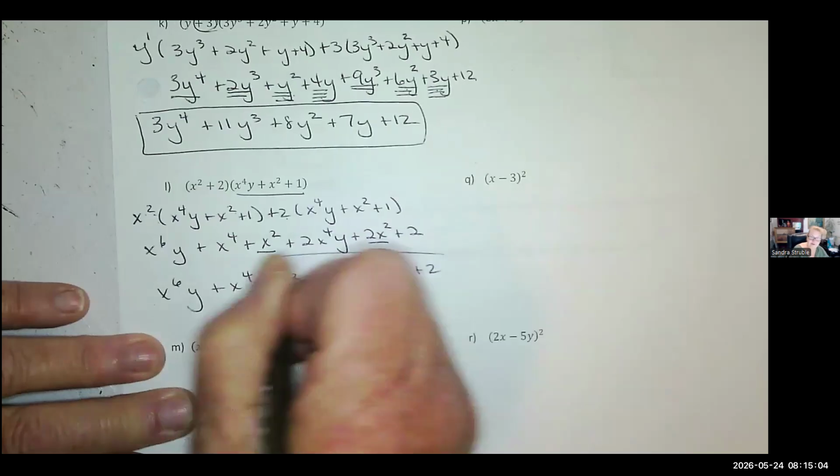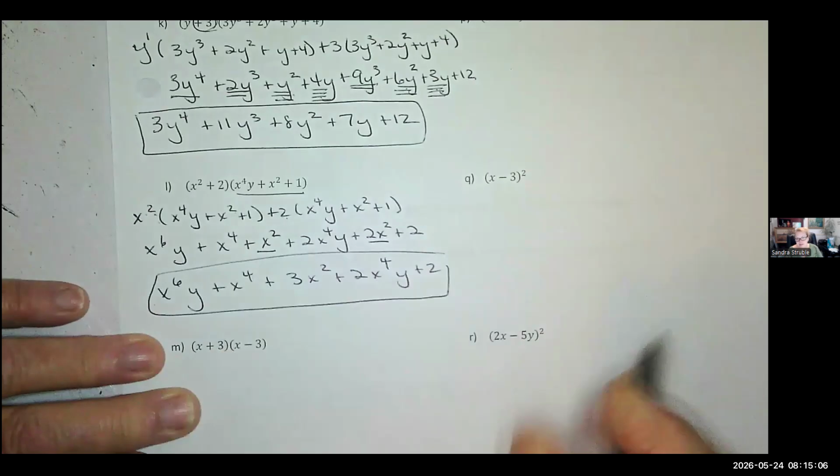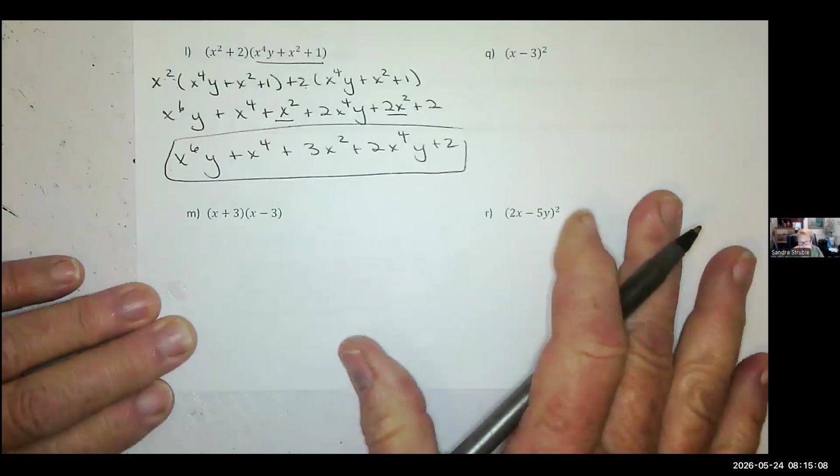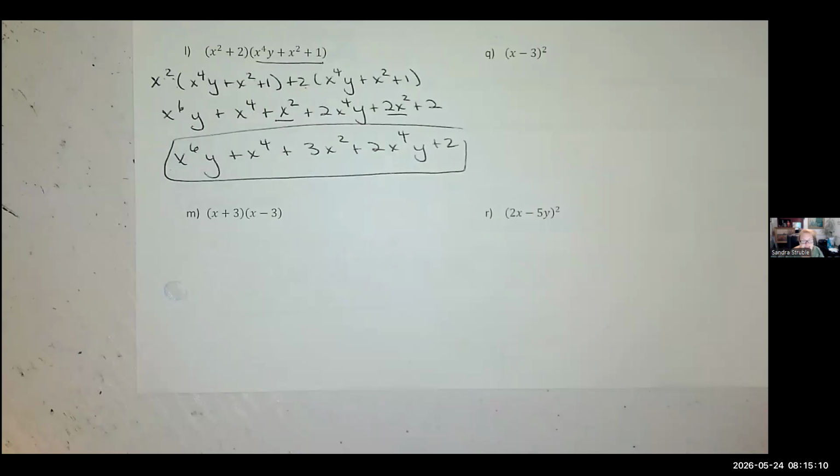All right. Okay. Now we have something different. This is called the difference of two squares. There's no such thing as the sum of two squares. It doesn't factor. But let's pretend like you don't know what factor is, and some of you may not. That's okay. We'll discuss that later. But this is going to give us